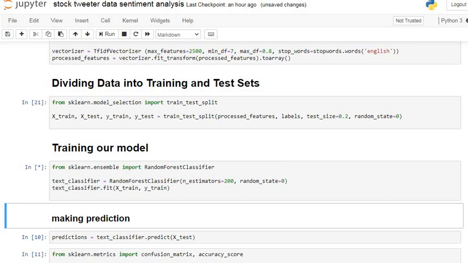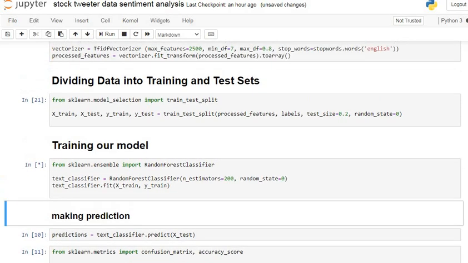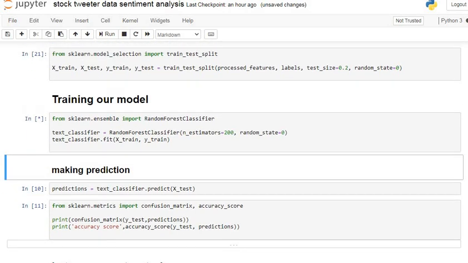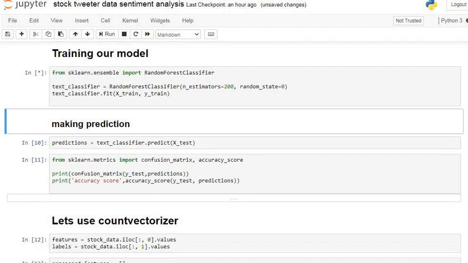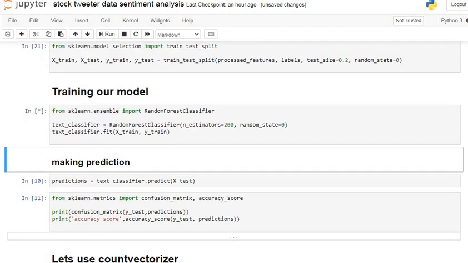Our code is still executing. We have to wait some time. After that, we are going to make predictions using this model on the test dataset and see our model accuracy using the confusion matrix and accuracy score.